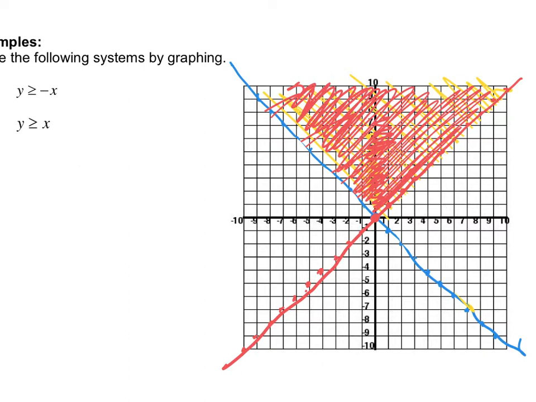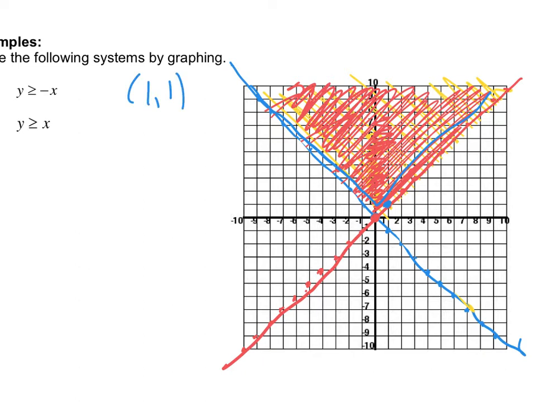Last thing I want to do, I just need to find a coordinate point that's within that shading. It could be any coordinate point. So anything that's in this region. In both regions, yeah. 1, 1, is that what you said? That works. So I'm going to put in the point 1, 1 to both of